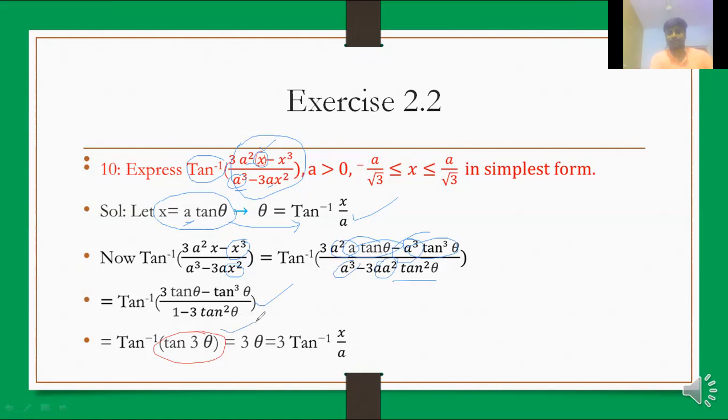It is a rare formula. Of course, we know the formula for sine 3 theta and cos 3 theta. Tell me, what is the formula of sine 3 theta? 3 sine theta minus 4 sine cube theta. That we have learnt in 11th class. Similarly, cos 3 theta is 4 cos cube theta minus 3 cos theta. Similarly, the tan 3 theta formula we have discussed, but used very rarely. Tan 3 theta is 3 tan theta minus tan cube theta by 1 minus 3 tan square theta.